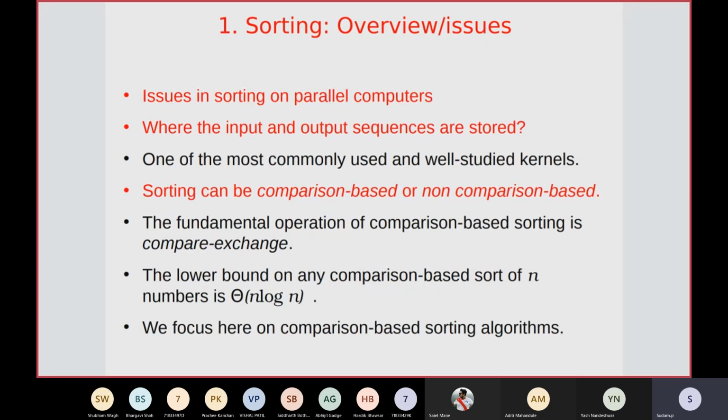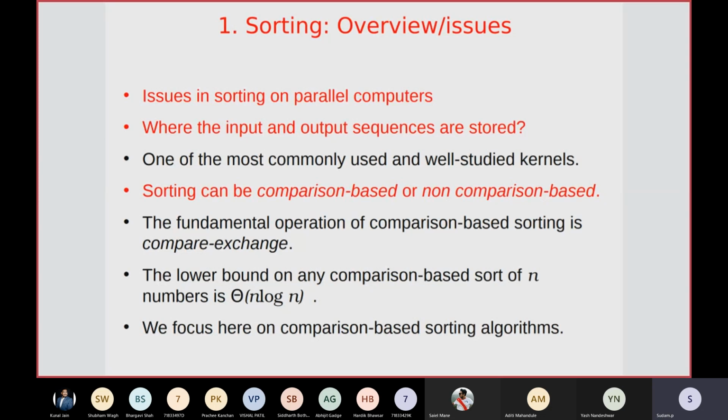But in the case of a parallel algorithm, there are multiple processing elements or processors. In that case, the elements will be distributed in the local memories of the different processors, and these processors may be part of the same system, or part of a distributed system, connected over a network. We already discussed these kinds of network topologies from the first unit, like ring topology, mesh topology, hypercube topology.